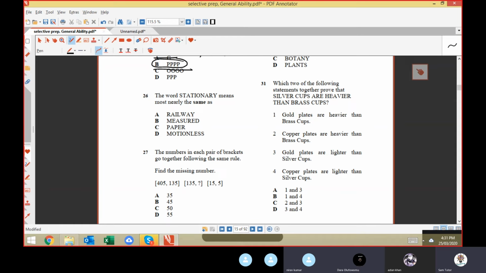Which two of the following statements is going to